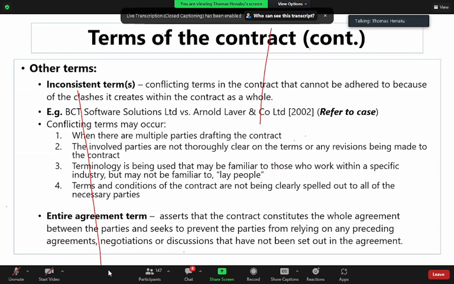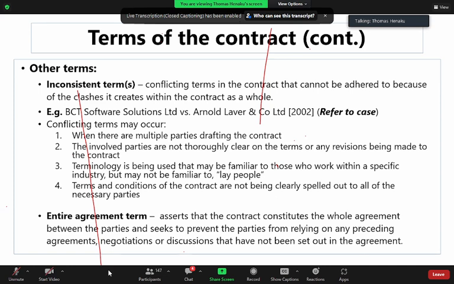A particular term agreed in a contract, and then in the course of the contract, there are some changes, and then some terms are introduced. And those terms that are introduced later actually become inconsistent with the initial terms that were agreed on. Then there is an inconsistent term. And we are saying that there are situations where that creates this kind of inconsistent terms to be present in